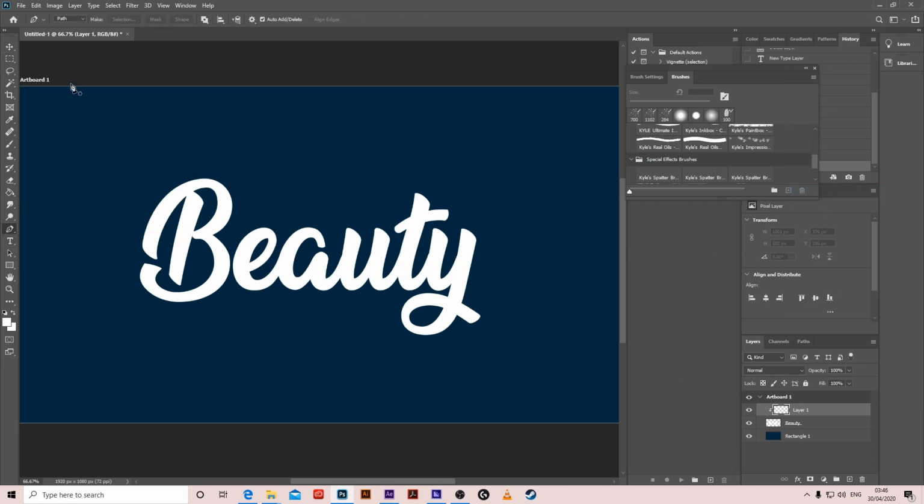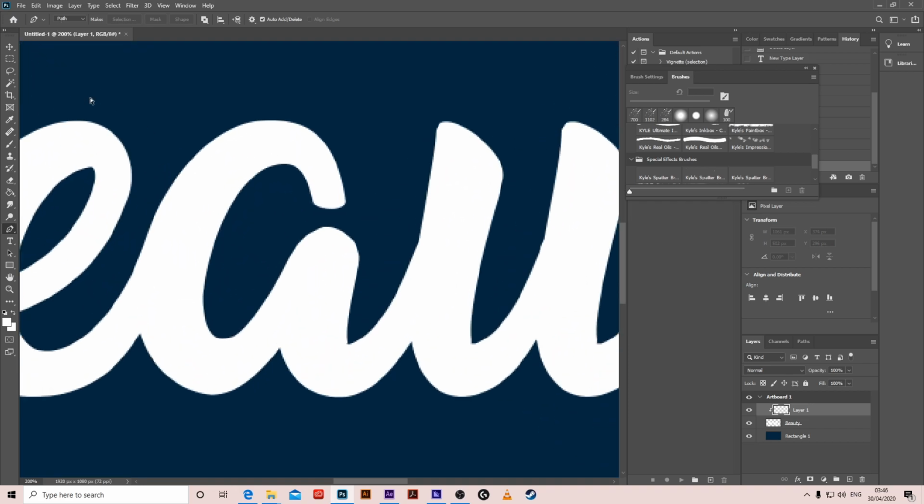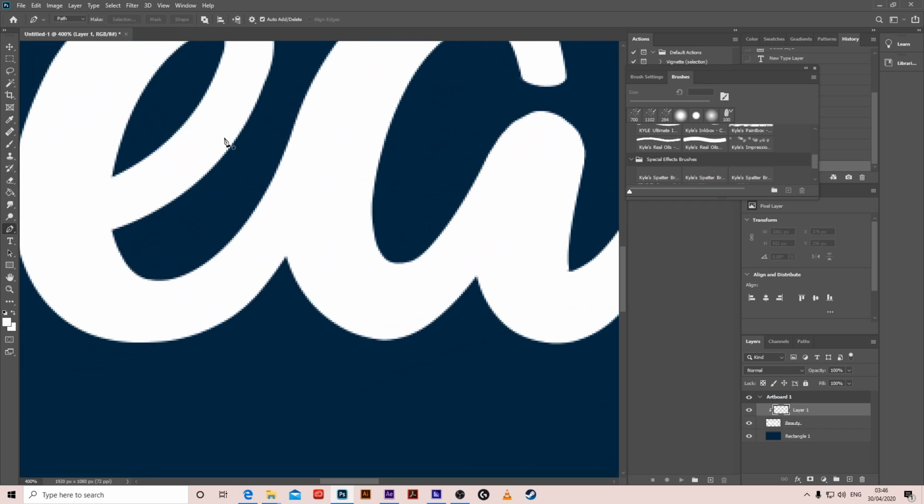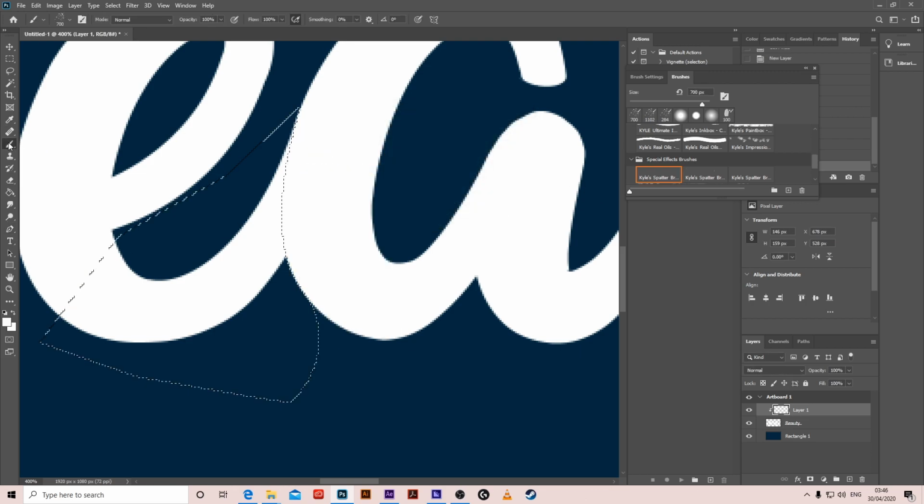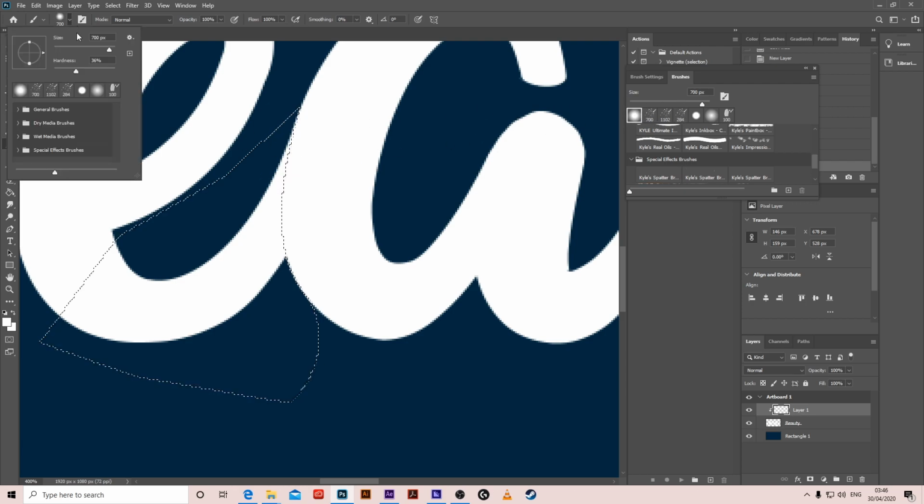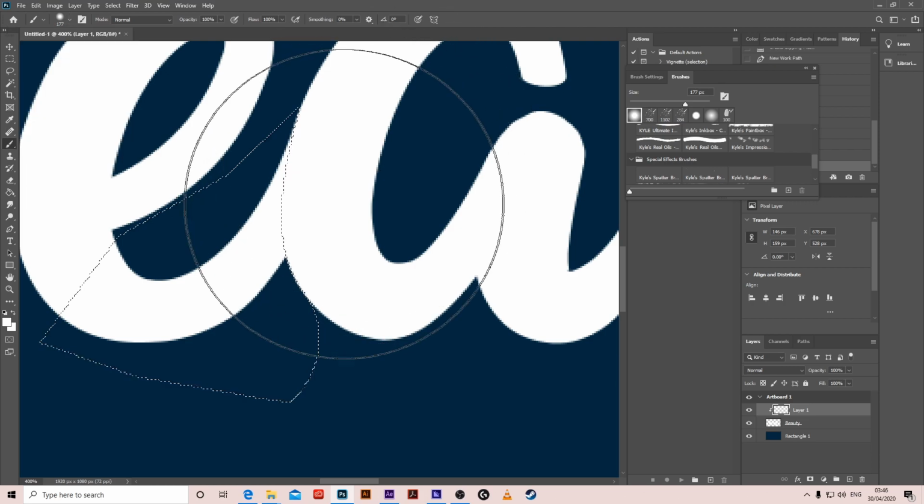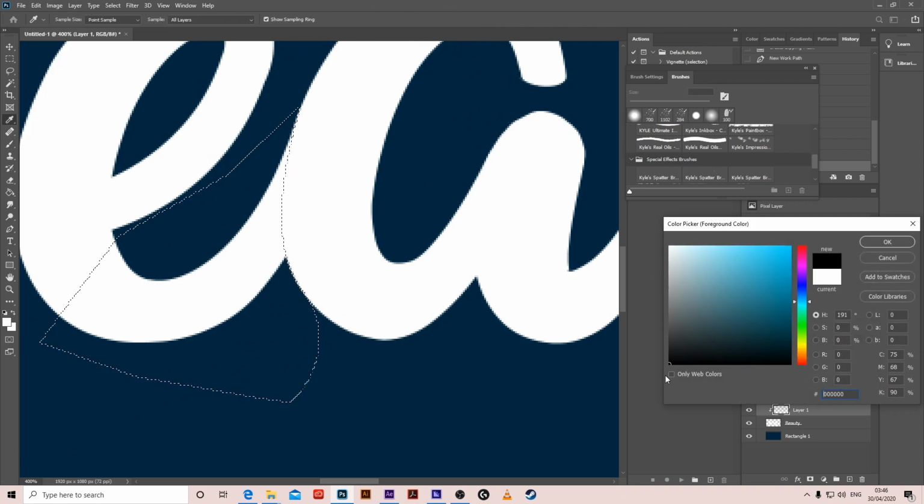Then get the pen tool, make sure it's on path, and zoom forward and do this trick. Right click, make selection, okay. Get the brush, put it on 400, then black,